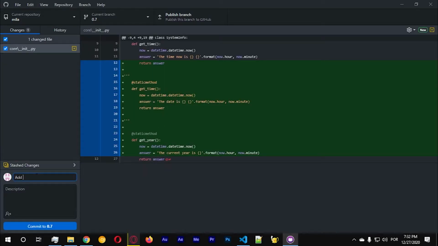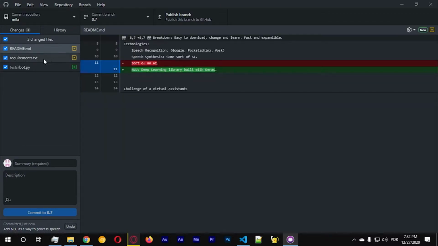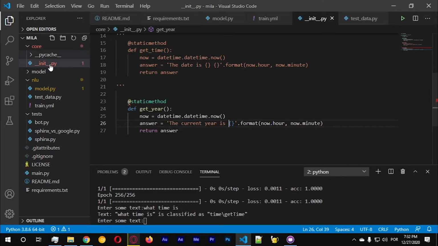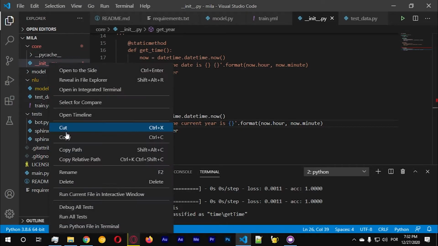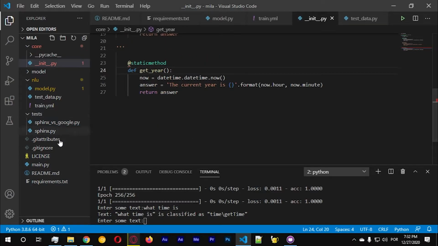and now let's go back to GitHub. We're going to add in the new way to process speech. Okay, so we're basically going to do this, discard. Okay, I have some conflicts here. So let's go back. I need to delete this file. Okay, so let's go back to main.py,